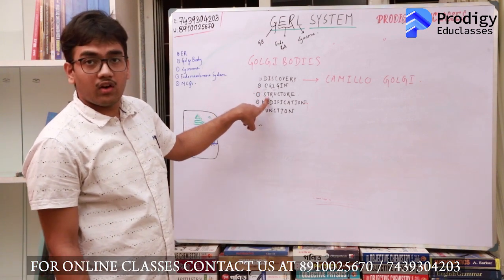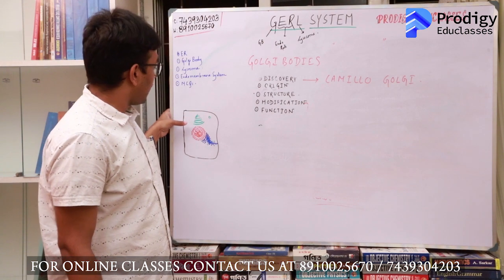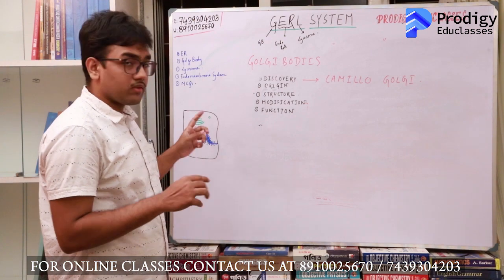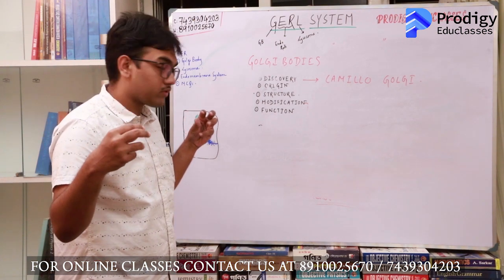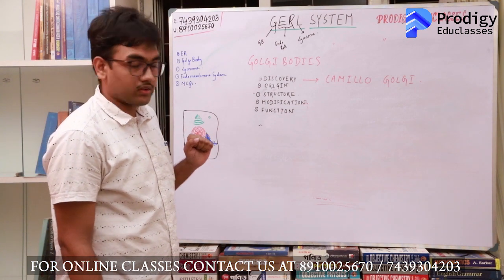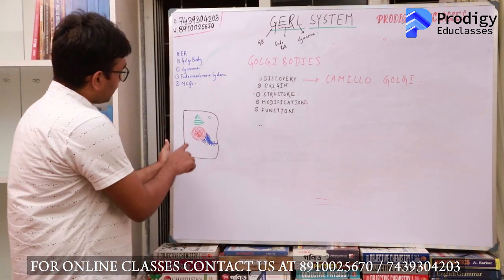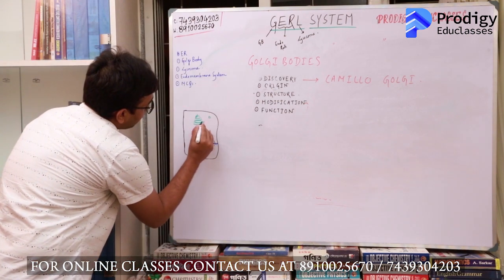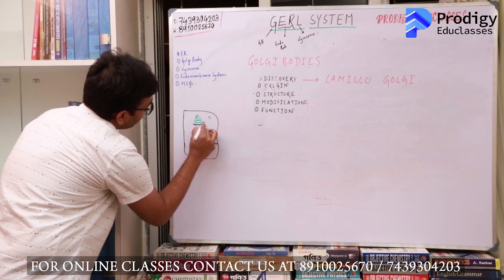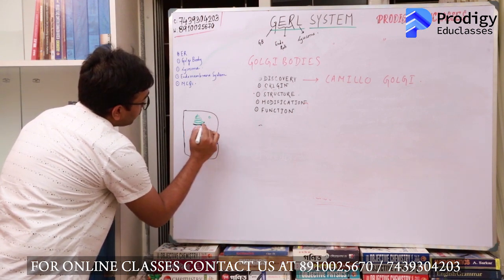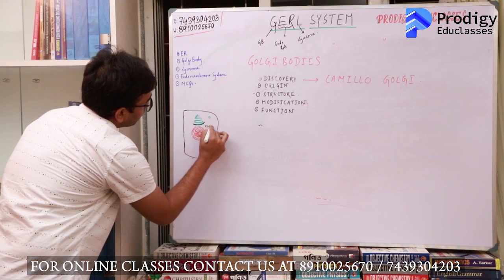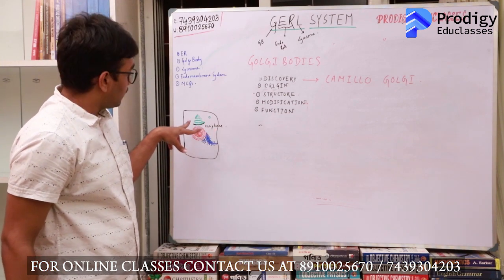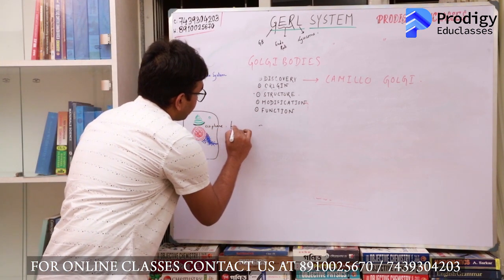If you look at the structure of the Golgi bodies, you will find that these are also formed of cisternae, tubules and vesicles. The cisternae are the flat and sac-like structures, tubules are elongated, cylindrical, hollow structures, and vesicles are ball-like hollow structures. This Golgi body has a convex surface. If this is a cisterna of the Golgi body, it has a convex surface, this one. This convex surface which is towards the nucleus is known as the cis phase. This cis phase of the cisternae of Golgi body is also known as the forming phase.